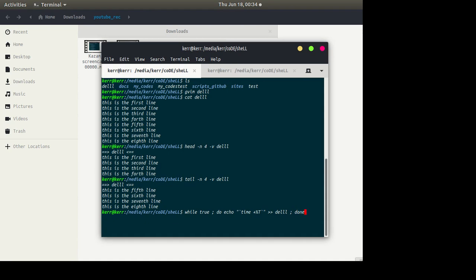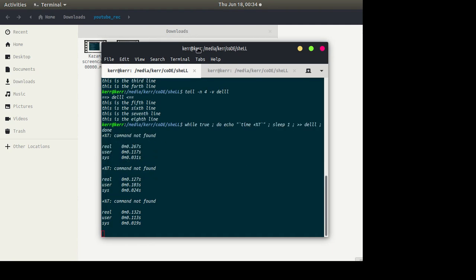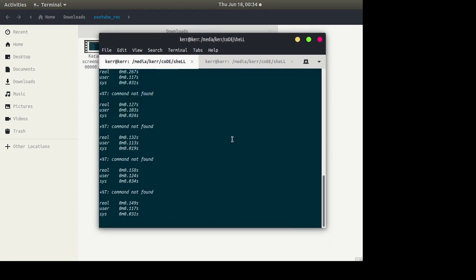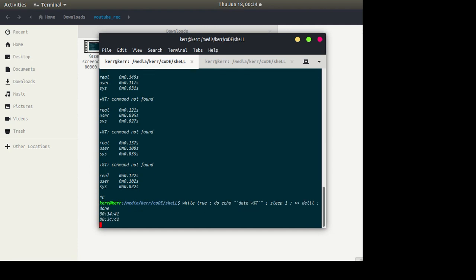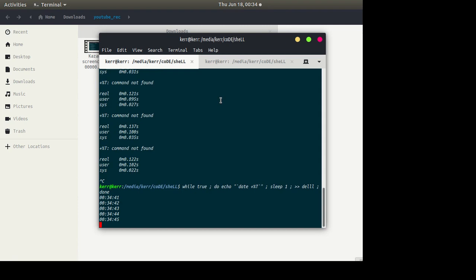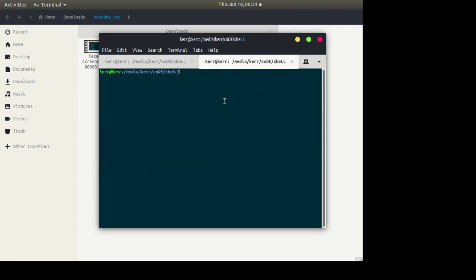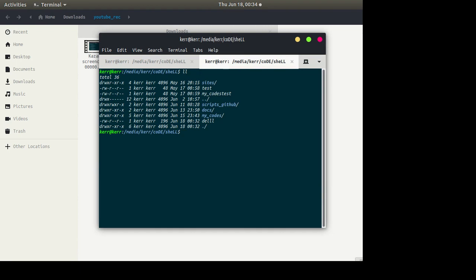After doing this, let's say you want to wait for 1 second. You should use the date over here. So it's just printing the date into the del file. So the del file is growing.